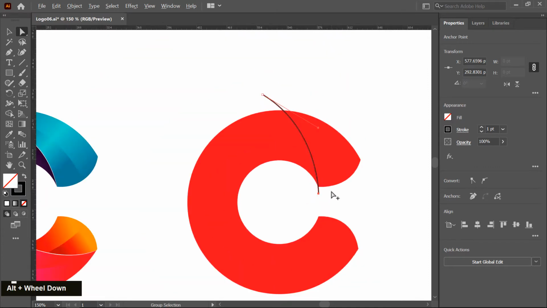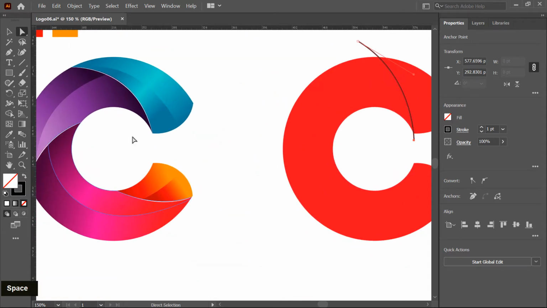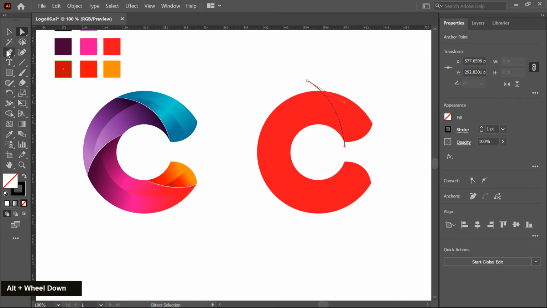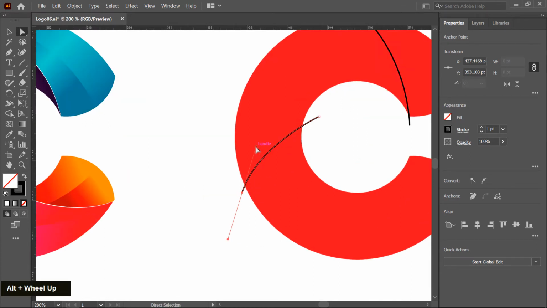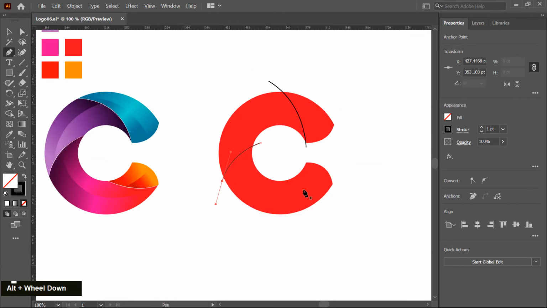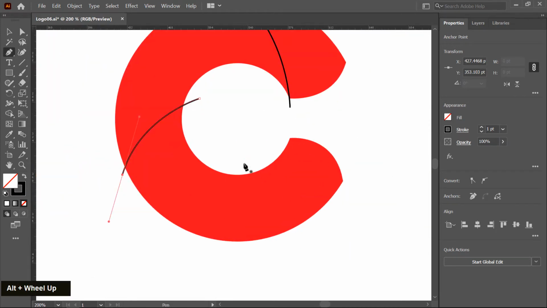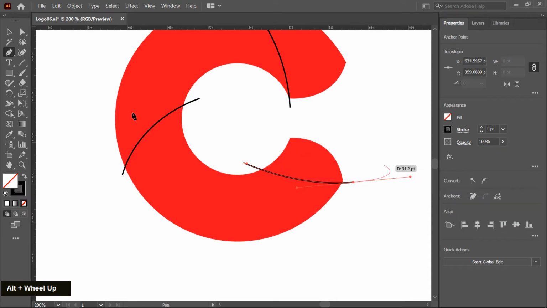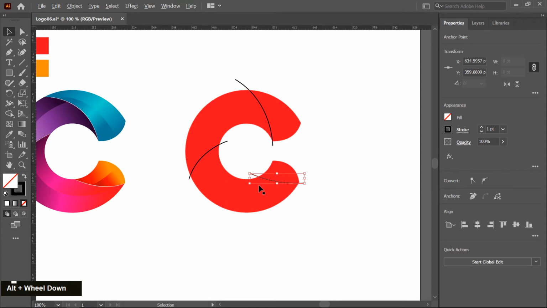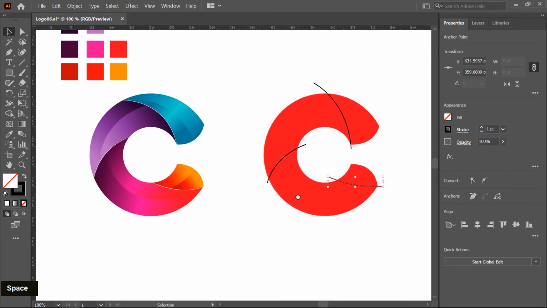Okay, same as I create the other curve, so I choose the pen tool again and modify a little bit. Okay, so the curve is created.